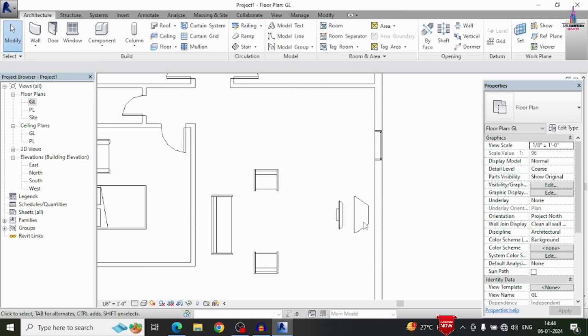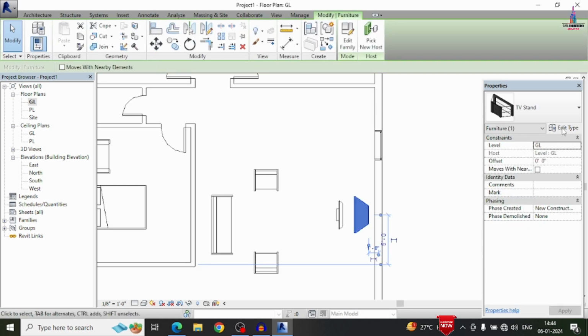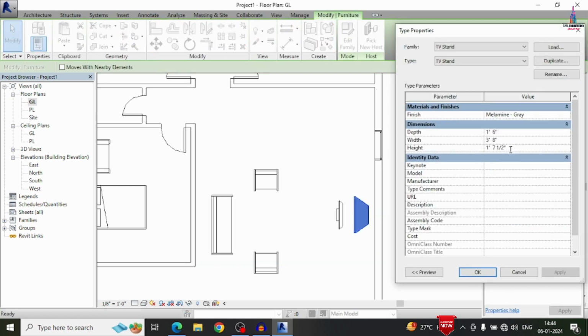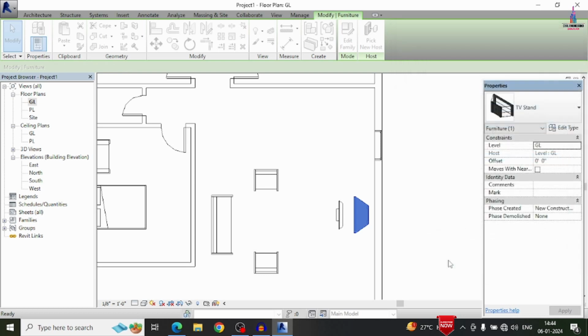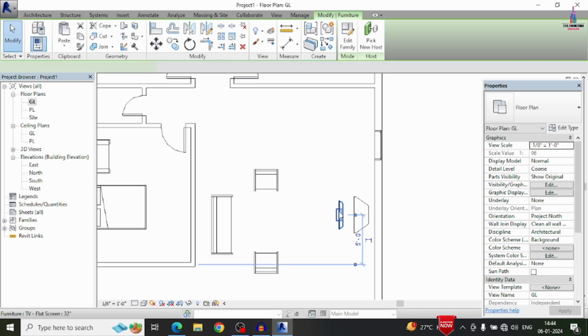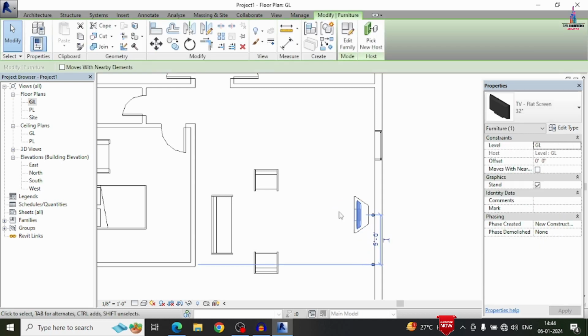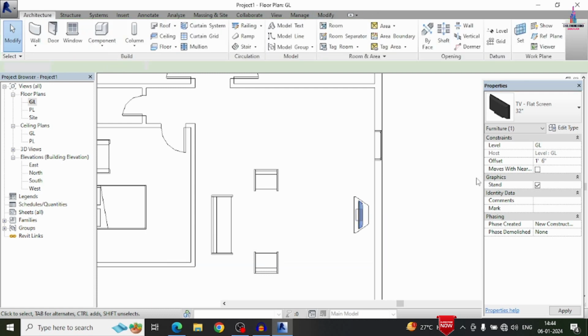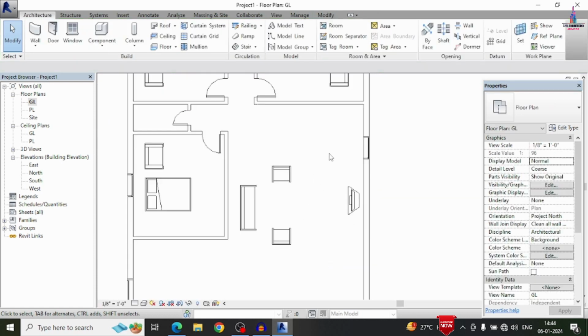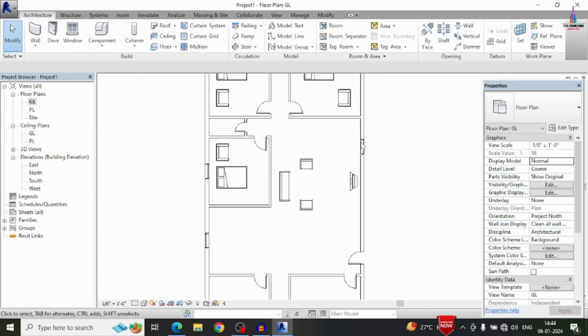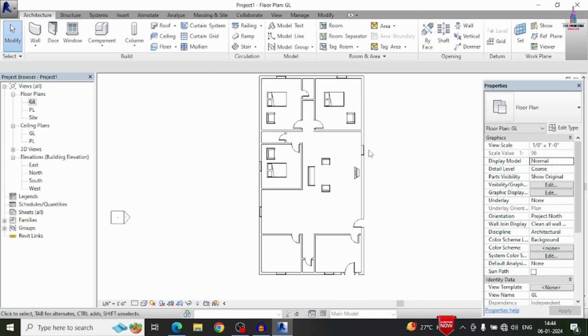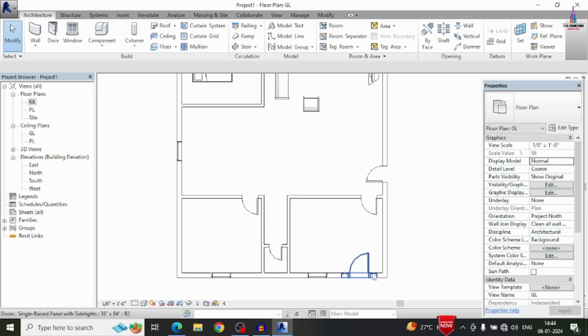Okay. Firstly we will change the height of this particular chair by using edit type option. I am changing that to 1 feet 6 inches. Click on OK option. Again we will move this to inside this house like this. Okay, we will make the offset height approximately 1 feet 6 inches here. Now we can see it was placed your TV section here and the top. After this we have to give the tags for the particular door section, window section.